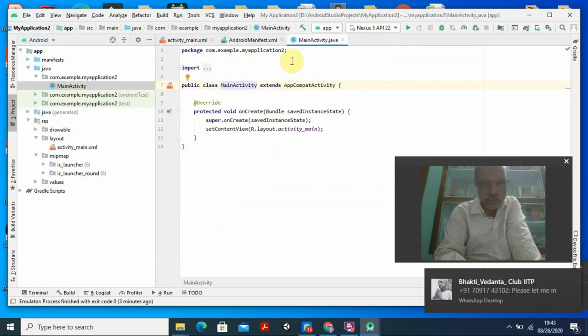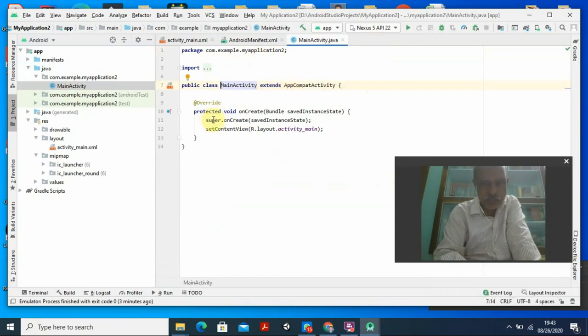Then public class MainActivity extends AppCompatActivity. Then protected void onCreate, because I am using this onCreate operation, with Bundle savedInstanceState, and super.onCreate, I am using this onCreate method with the savedInstanceState, and setContentView. That means in this Java program it is referring to something where the layout and everything is available.